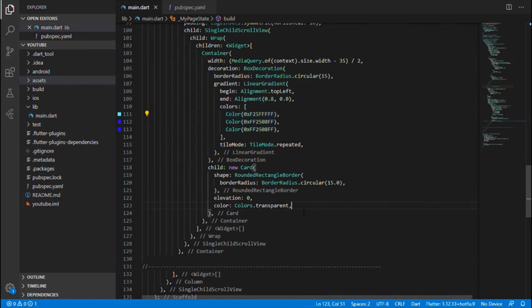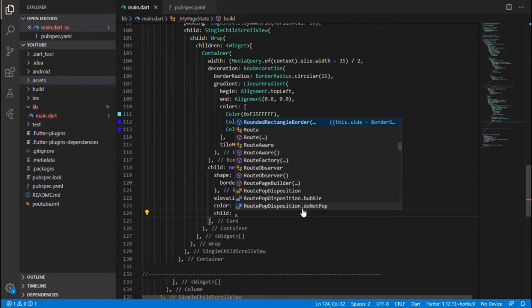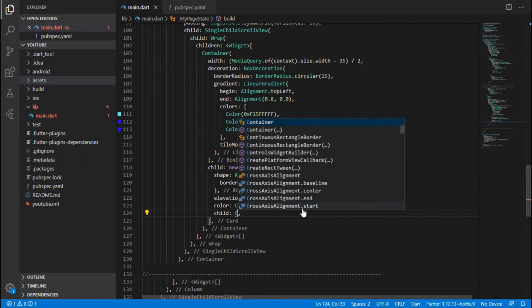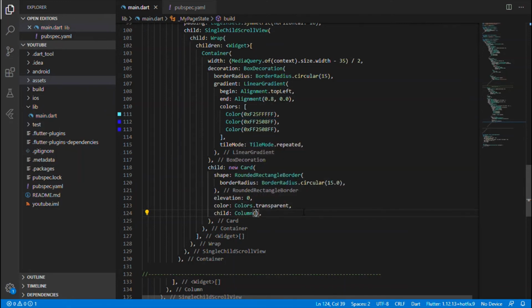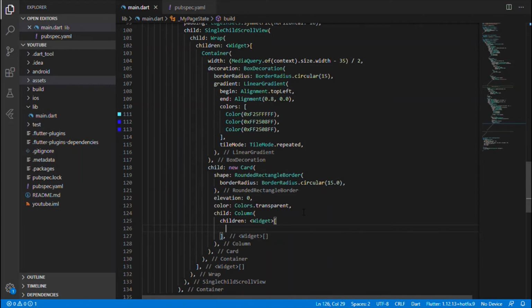Okay, then after giving the color, let that card has a child, which again takes the column value. Column as usual has the children widget. What is inside that children widget is a const list tile, within which we will be having